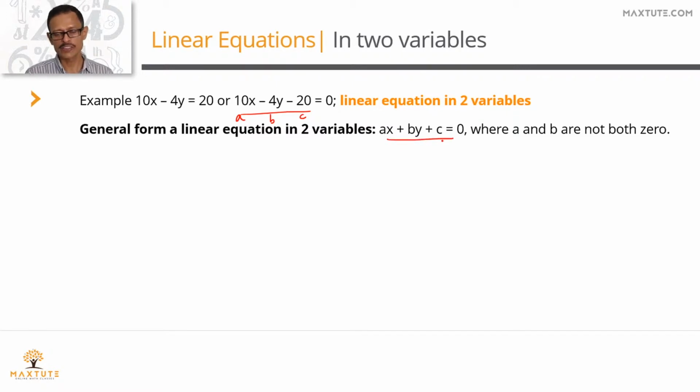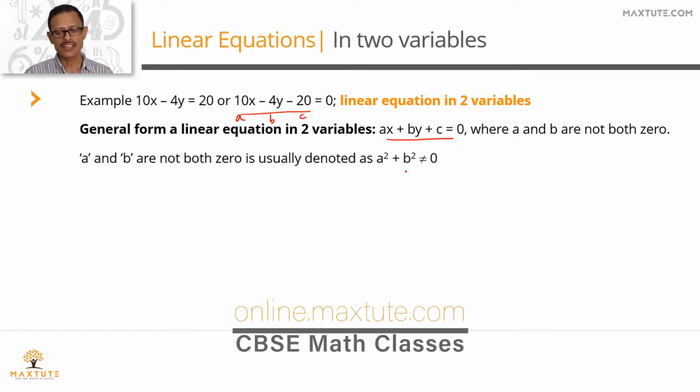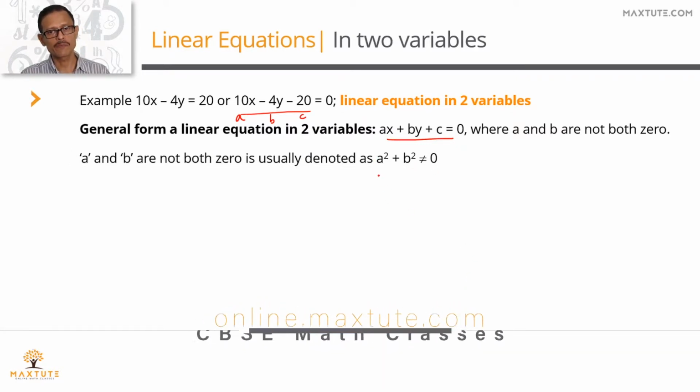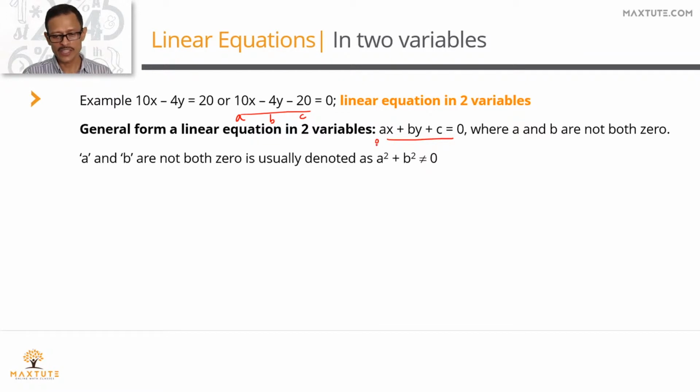So generalized form of equation is ax plus by plus c equals 0, where a and b are not both 0. Maximum of 1 can be 0. It would basically narrow down to an equation in one variable, but you cannot have both of them as 0. It's usually represented as a square plus b square is not equal to 0. Square of a number is not negative, so a square could be a 0 or a positive number. b square will also be a 0 or a positive number. Essentially, we are saying if both of them are 0, then the sum will be equal to 0. The sum of these two is not 0. At least one of these numbers is not 0. So the coefficient of both x and y cannot both be 0 is what we are saying.